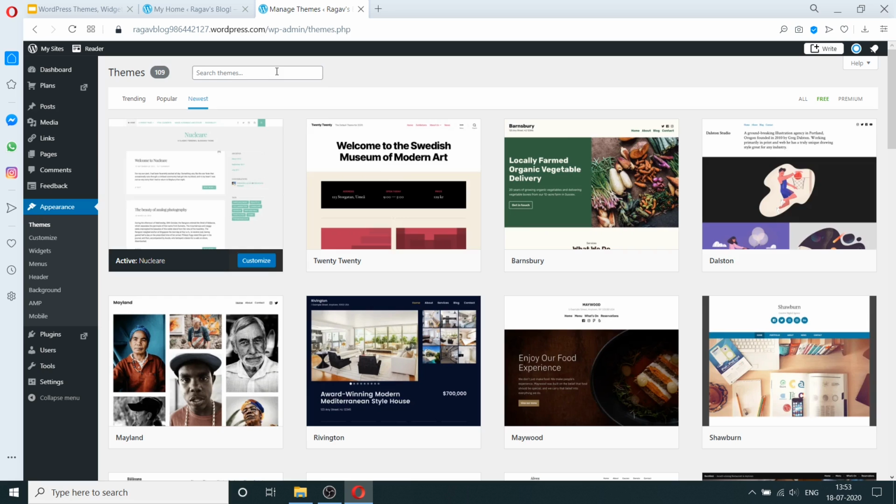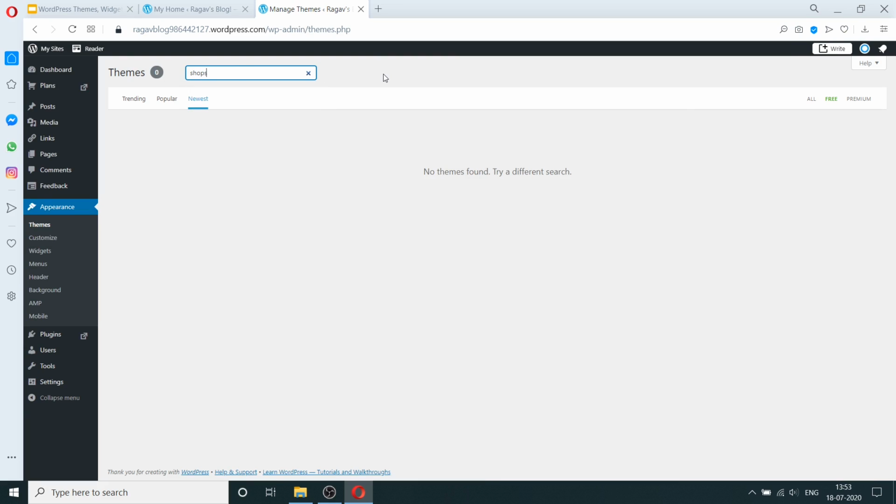And also, when you're building a certain category of website, it's important that you try to search for themes based on the category of blog that you're doing. For example, if you want to create a shop's website, or you can select business.